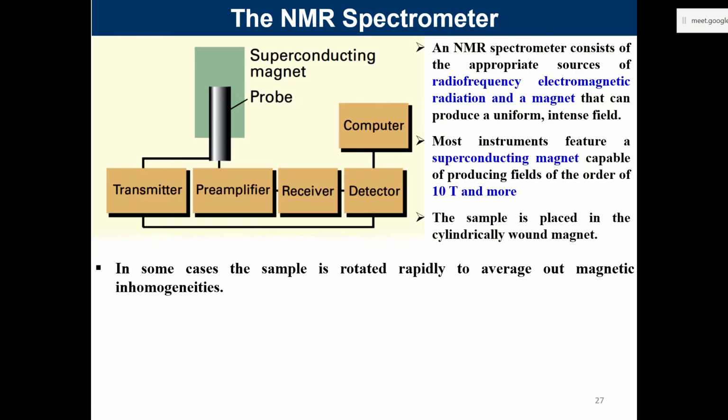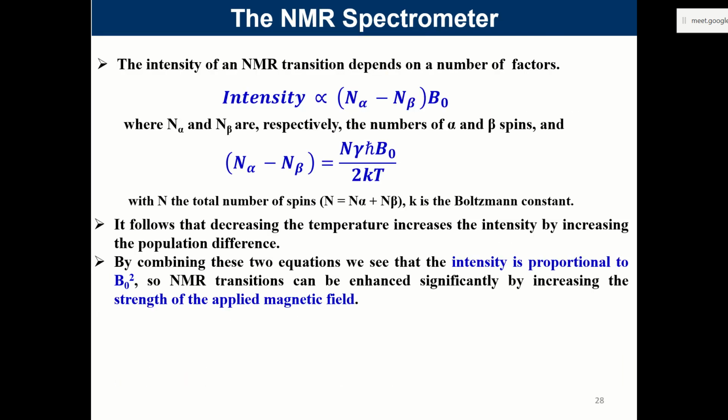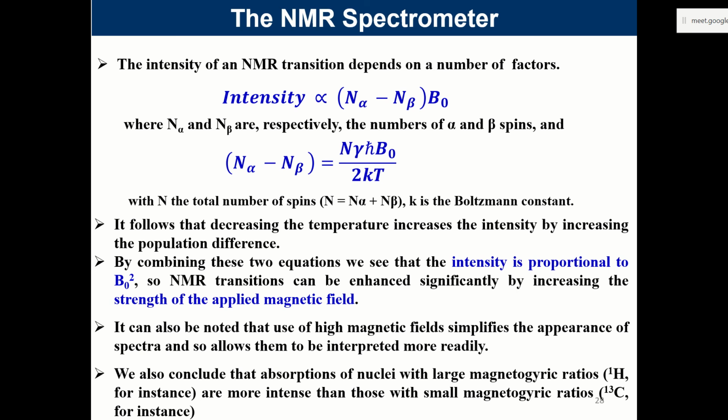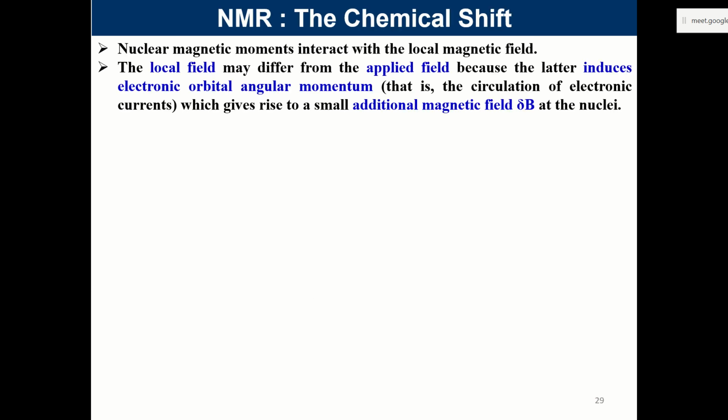This is the point that I was trying to tell you, and that's why we had to go to the previous slides. So to elaborate, the magnetogyric ratio was around 26 here and 6 for this, so you can see that they are much more intense than the value for 13C. The signal will be less intense for the same kind of thing. Okay, so now we also talk about